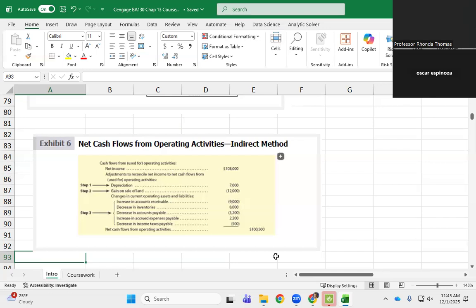Okay. So what do we do with depreciation? We add it. Does everybody see that? Okay. So that's the first thing we go and find. So you got to go find what the net income is. Okay. So I'm going to start with this one. So this is starting with a net income of 108,000. We add